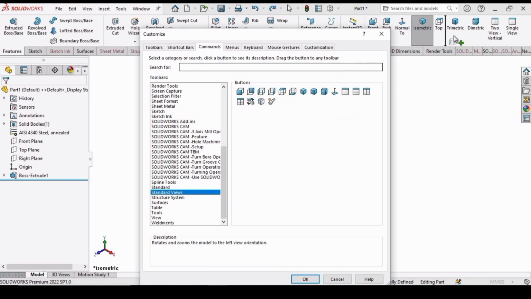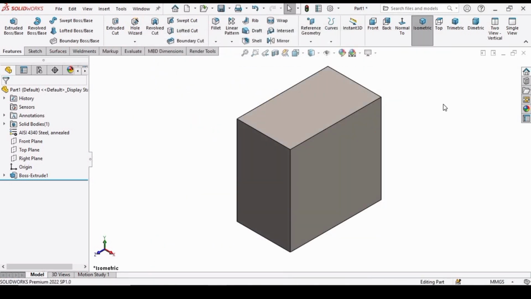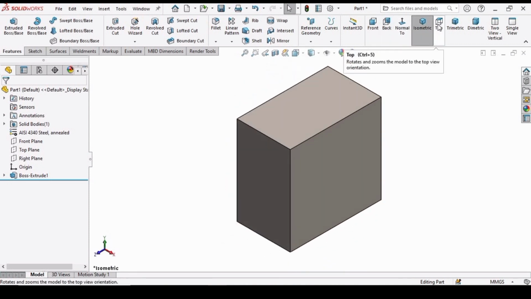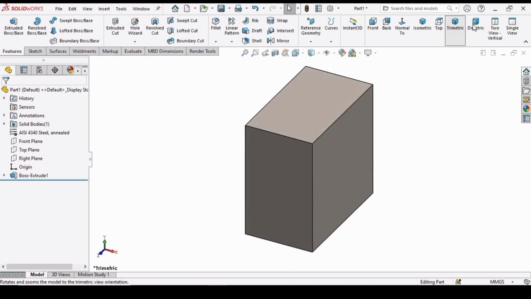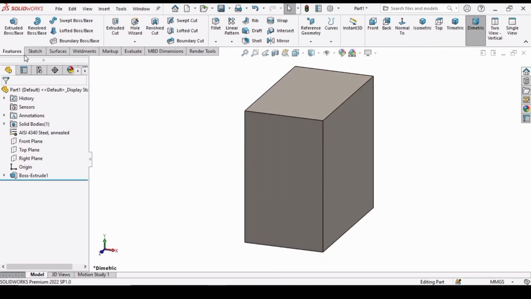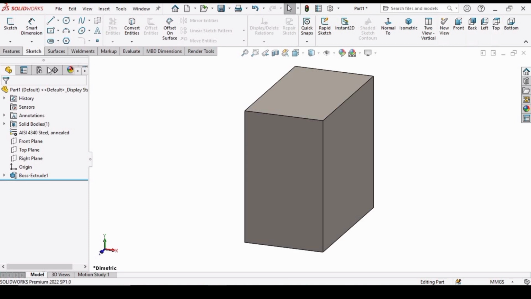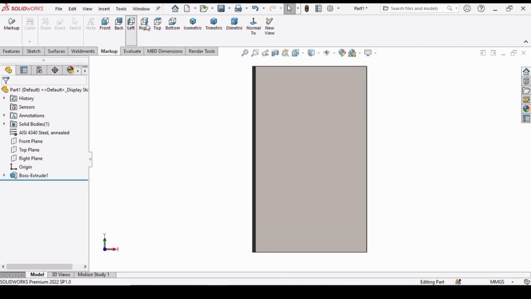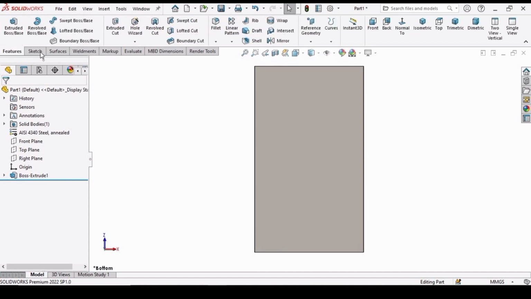Just pick and place here like this. So which view you want to place, I have already placed. You can see the front, the back, normal, isometric, top, trimetric, and dimetric. I have placed this in the feature tab, and you can place it in any other tab you like. Okay, I have already placed in this markup because I have multiple space here, so I have placed many standard views here, so you can just change the views quickly like this. All right,